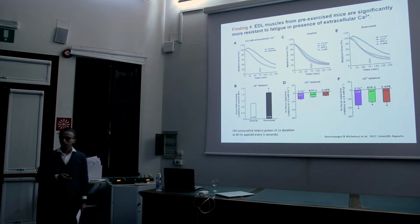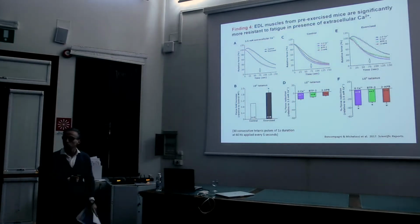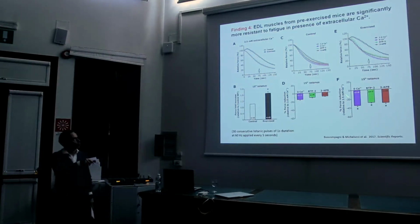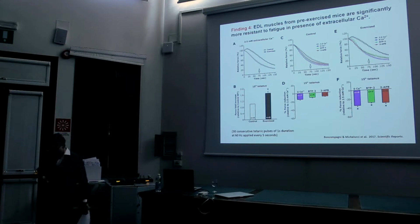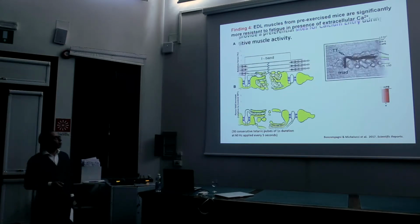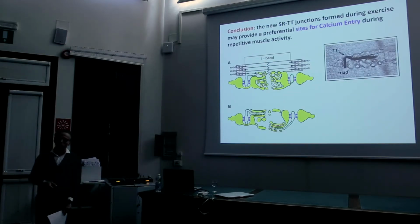Okay, but these are the pre-exercised mice. Yes. So we pre-exercise the mice, we sacrifice the mouse, we take the muscle, we put it in the chamber, and we do the experiment before 1 hour. This is an isolated muscle from the mouse that was pre-exercised. Okay, thank you. So we were very excited about these results because we thought we have found the sites